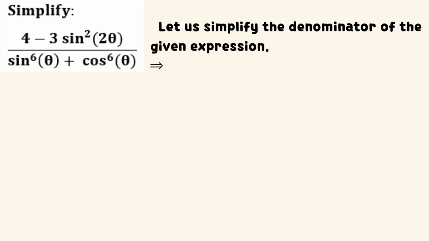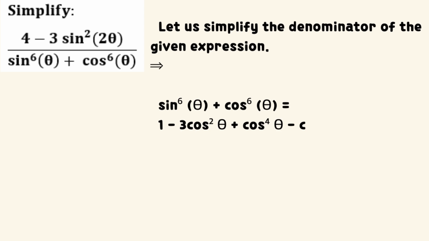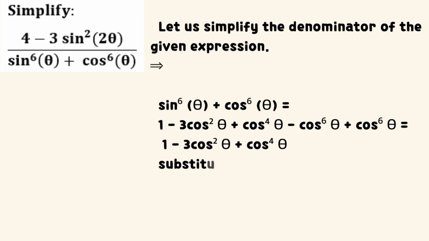Let us simplify the denominator of the given expression. This implies that the sum of sine theta to the power of 6 and cosine theta to the power of 6 equals 1 minus 3 times the square of cosine theta plus cosine theta to the power of 4. Substitute the value. It follows that